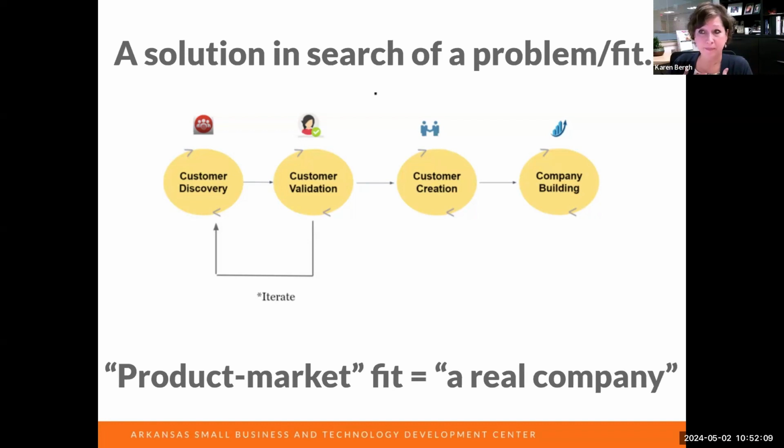Let me give an example. Locally, we have a pizza restaurant, and the owner told this story recently where everybody loves the pizza. They come for the lunch specials. This is not a tech-based company, except that they do use computers and a point of sale system to support customer purchases and manage their inventory, but that's a different kind of technology.